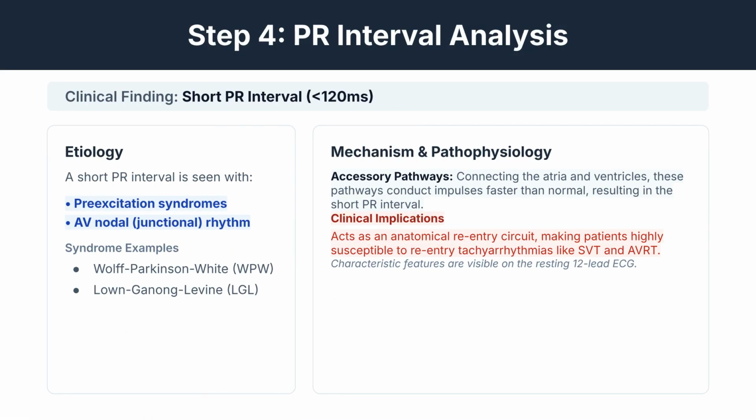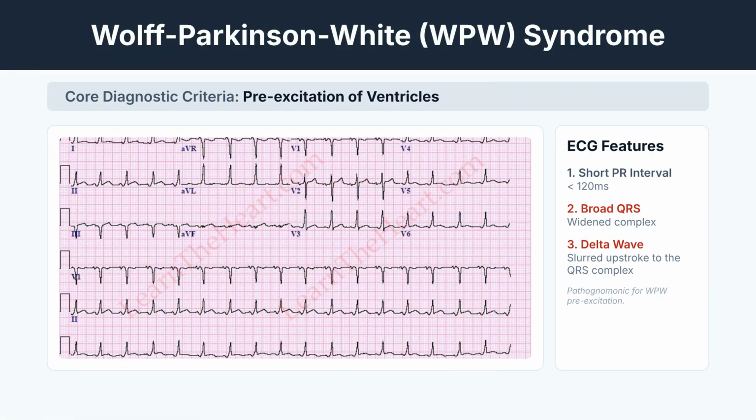Step 4 focuses on PR interval analysis. A short PR interval, less than 120 milliseconds, is a key finding in pre-excitation syndromes like Wolff-Parkinson-White and Lown-Ganong-Levine, or AV nodal rhythm. Wolff-Parkinson-White, or WPW syndrome, shows pre-excitation of the ventricles. ECG features include a short PR interval, a broad QRS complex, and the pathognomonic delta wave, which is a slurred